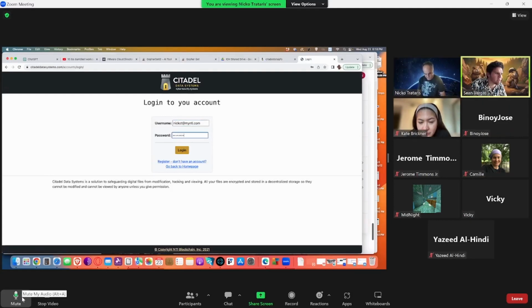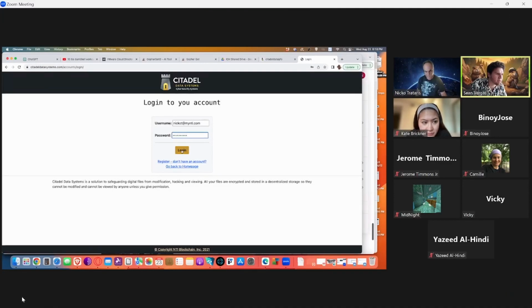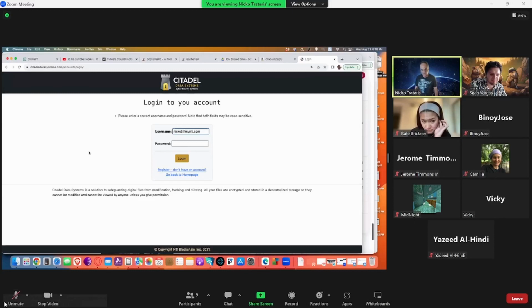And how is IPFS connected to FileCoin? Well, FileCoin is a token created by,